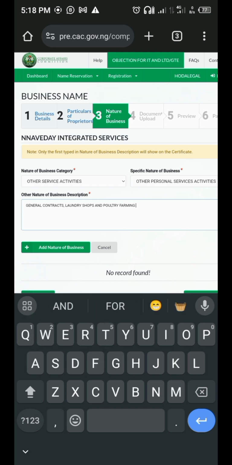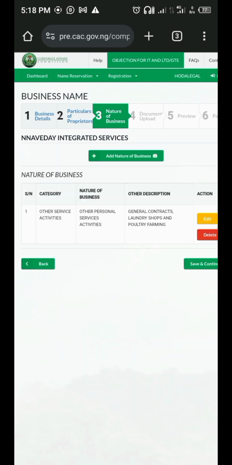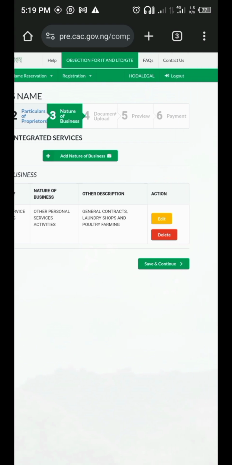These are what he does. So you click on add. So check to confirm general contract, laundry shops, and poultry farming. If this is confirmed, you save and continue. Okay,